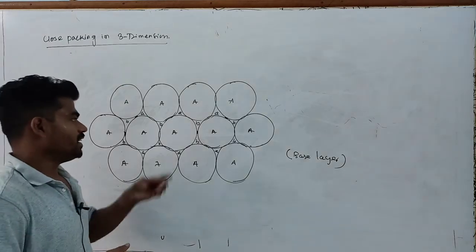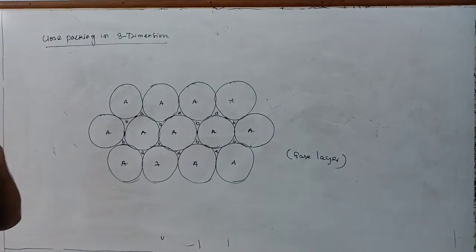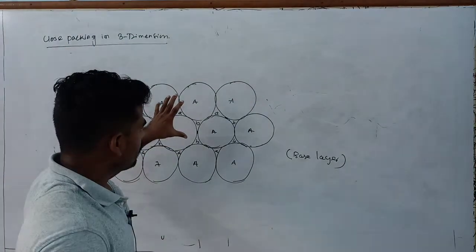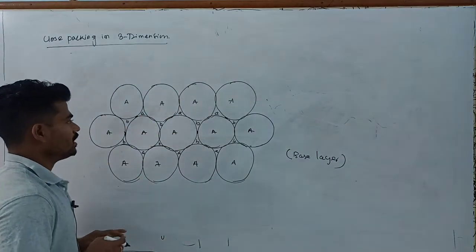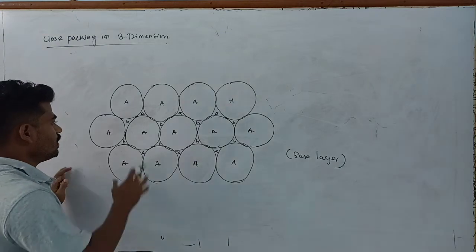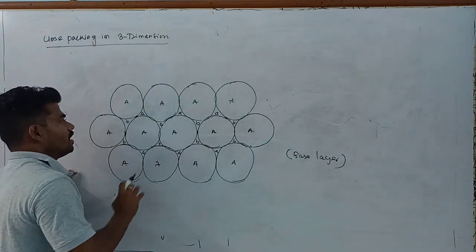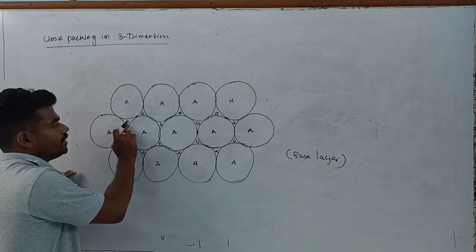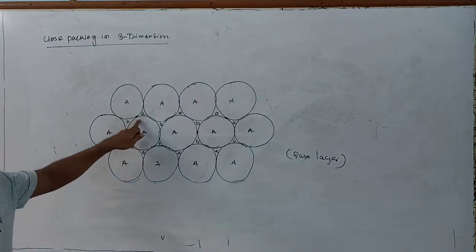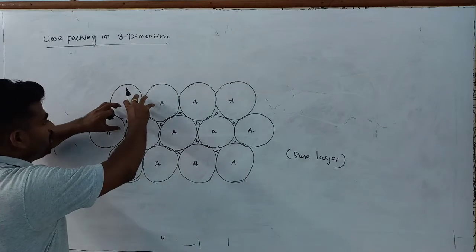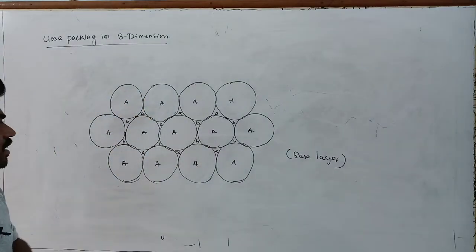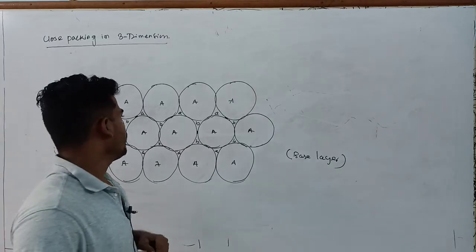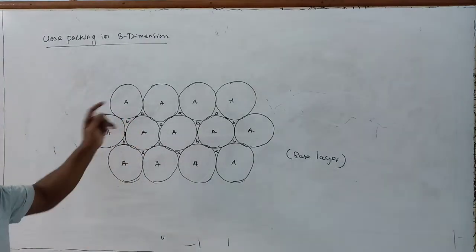Next, I have to place my second layer. You just imagine, if I try to cover the first layer, that means second layer, I have to place the second layer either covering the void A or covering the void B. Simultaneously is not possible, you can imagine. Simultaneously, the filling of A and B is not possible by the second layer. So I have to place it by covering either A or B. Suppose I am considering I have to cover the void A.